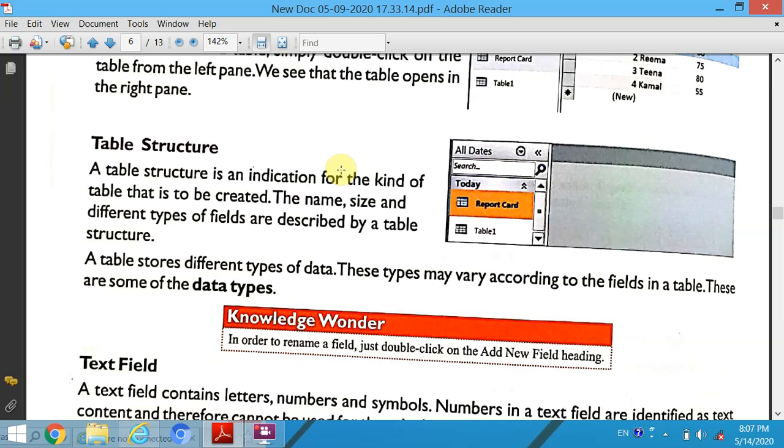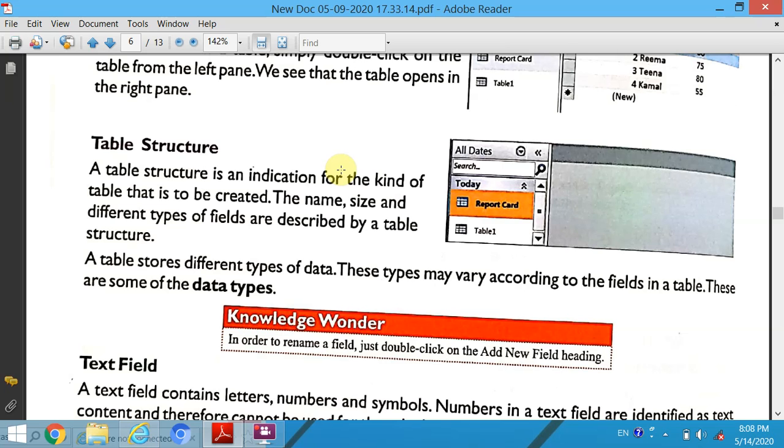These types may vary according to the field in a table. After creating a table, you have to know about some fields and their data types where you can store data.